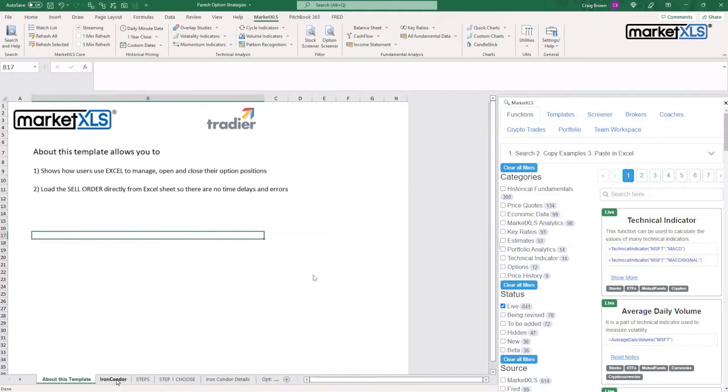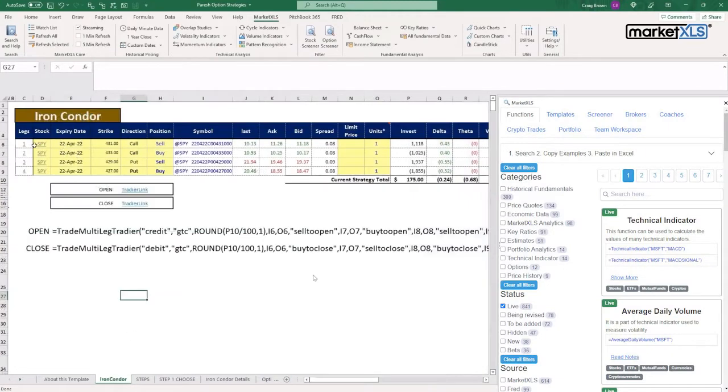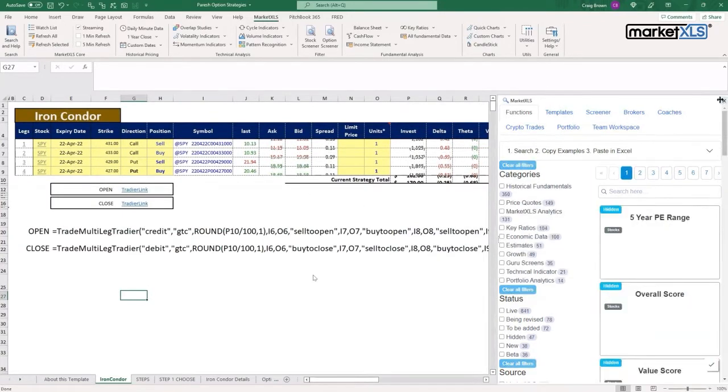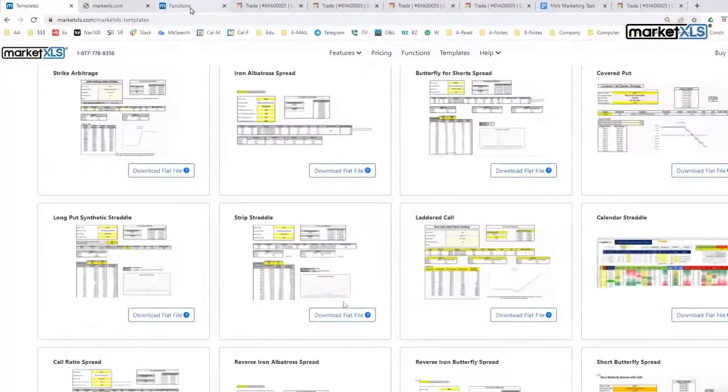Let's see how. So let's say you had a position, an iron condor for SPY, like so. So you have these 4 positions. You can manage them. Looking at the real-time data like I'm looking at it right now, you can see what your total delta positions are, what your theta is. You can bring in a lot of variables for particular options, as you can see from here, and see